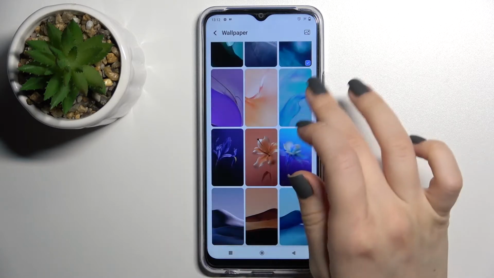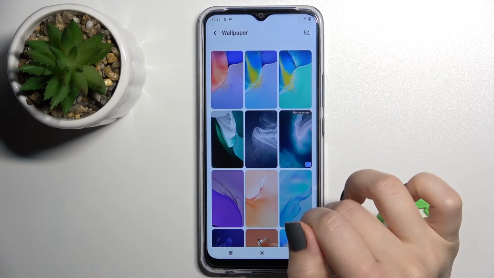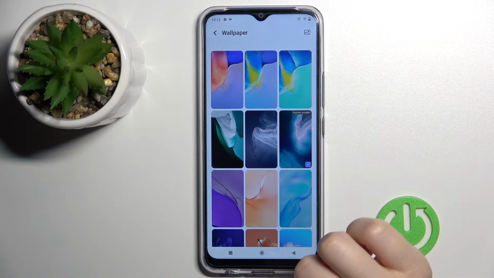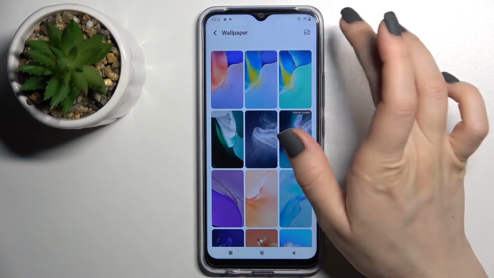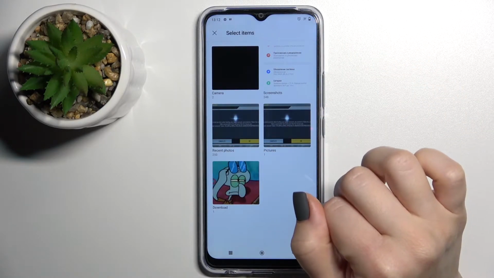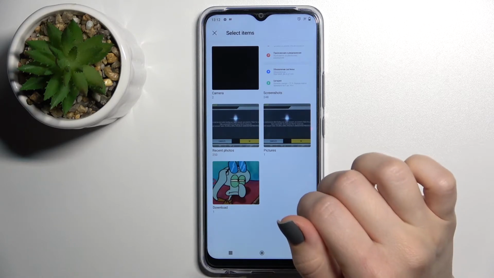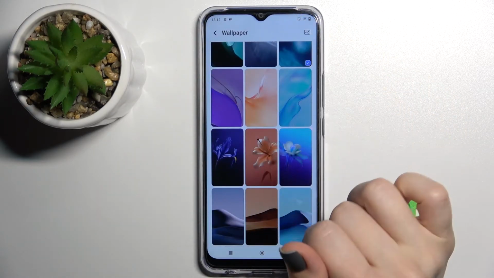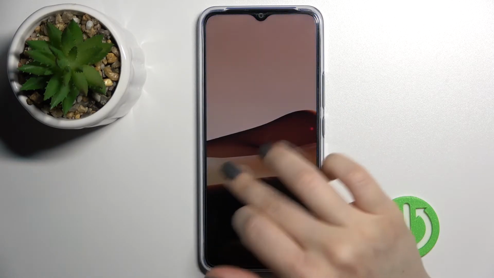Now you can see here all the available wallpapers on our device, the default ones. Here we got our selected wallpaper on our home screen, and by clicking here on the right upper corner you can also select the photos downloaded, for example, from the internet or just previously taken on your device. We'll go just with the default one, and now just select one from these